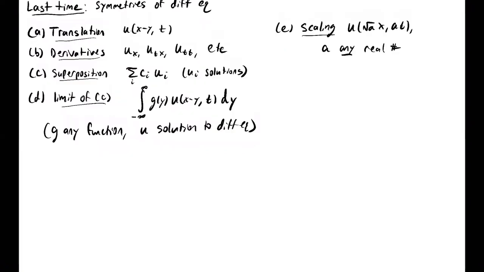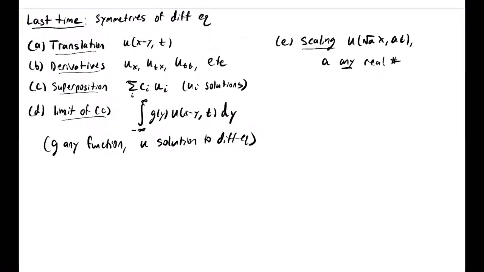then this integral will also give you a new solution. And then finally, we had this scaling symmetry, which says that if I have my solution u and I take any real number a, then if I multiply x by square root of a and multiply t by a, that gives me another new solution. You can check the scaling property just by differentiating and you'll see that it works. The idea is just, well, I have two x derivatives. Remember the diffusion equation is u_t minus k times u_xx equals 0. And so differentiating x twice will give me square root of a times square root of a because of the chain rule,